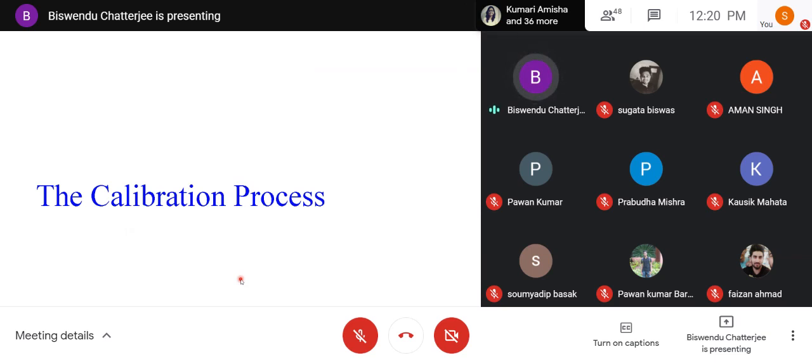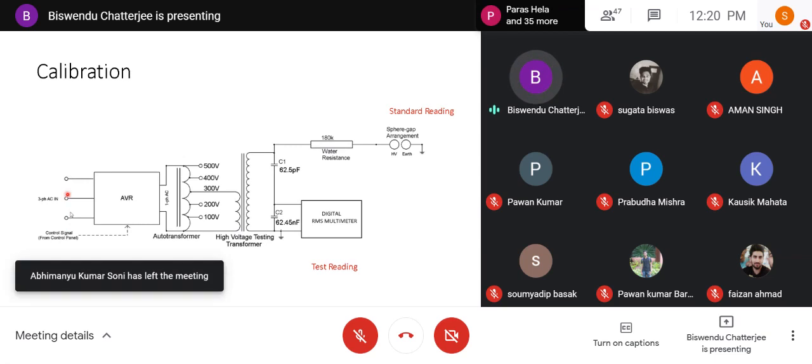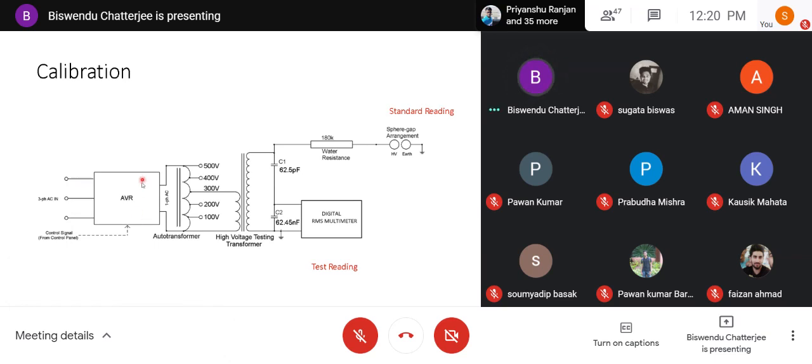Now, the calibration process. See, the whole circuit diagram is now given. What happens? Three-phase AC with line voltage of 415 volt is given. We will just ignore this point. Then line to line voltage is 415 volt. The variac will step to say 0 to 500 volt at most. The auto transformer has the taps.